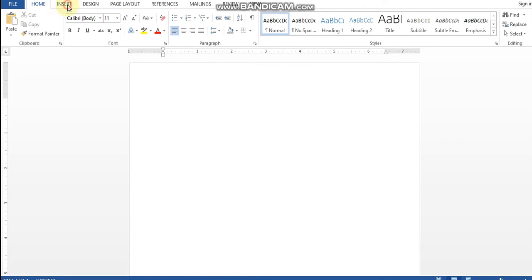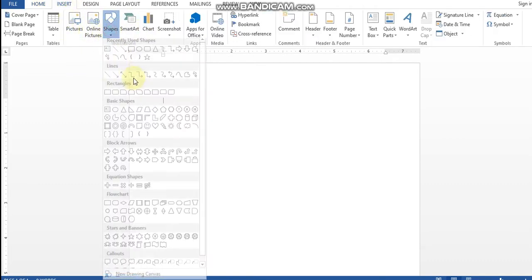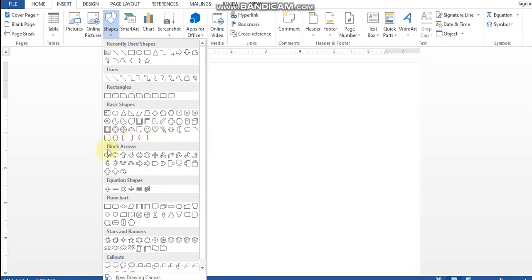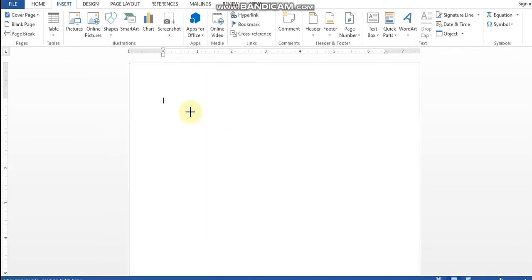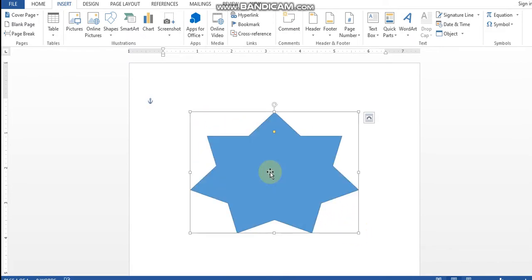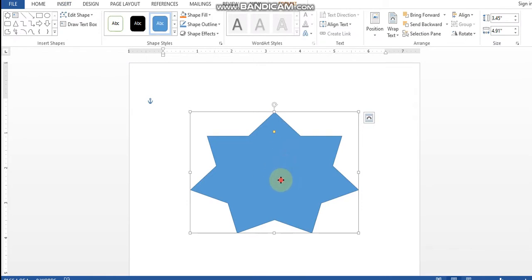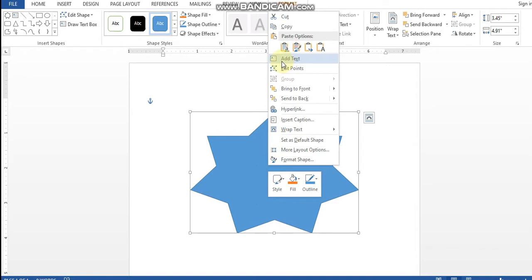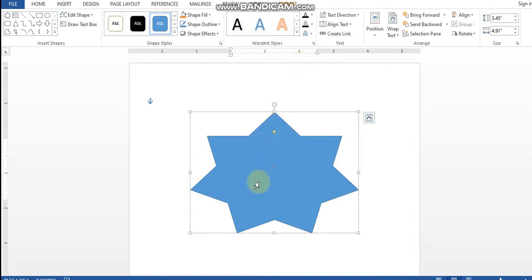Like we have created a shape here. Suppose I am taking a shape like this. I hold my mouse and drag it, right? So this shape has come. If you see, our four-headed arrow comes but no insertion point is there. So how to do this? Right click on the shape. There is an option add text. If you can see here, this insertion point comes here. So if I start writing